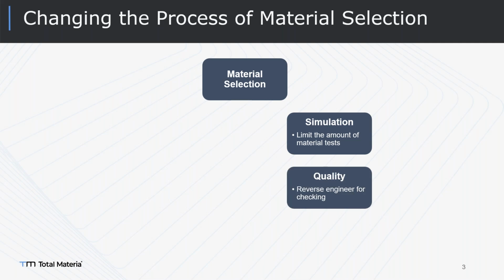So, quality, reverse engineering for checking. This is very critical, maybe, because we have a tool named SmartComp. If you don't have access to SmartComp, you can always ask for access. With SmartComp, you can define the material with its chemical composition. Also, for the quality check, you will be able to type the material that you desire to purchase. And when the material comes to your facility for production, you can double check the chemical composition. You will be able to see if it's the right quality material or not.